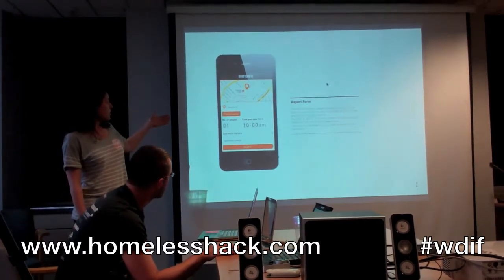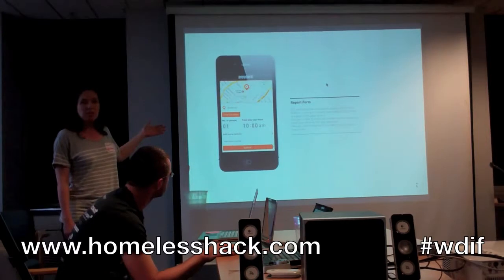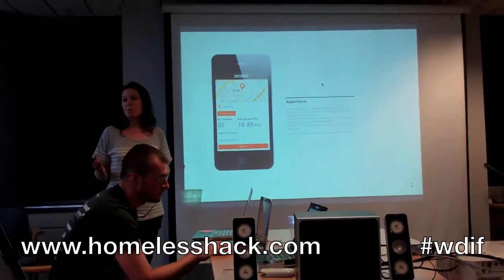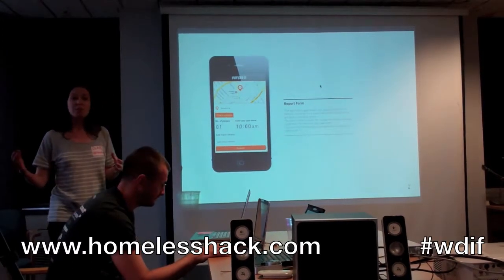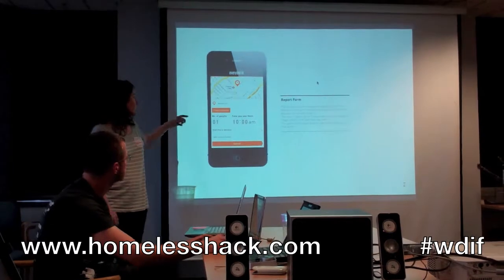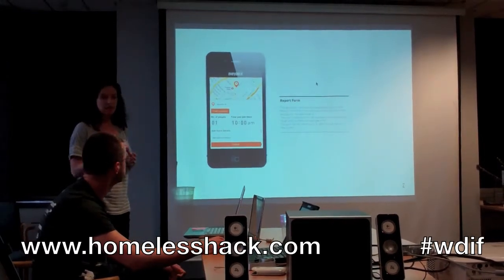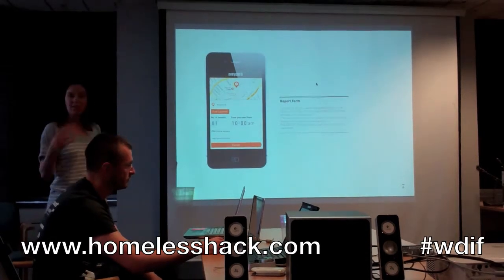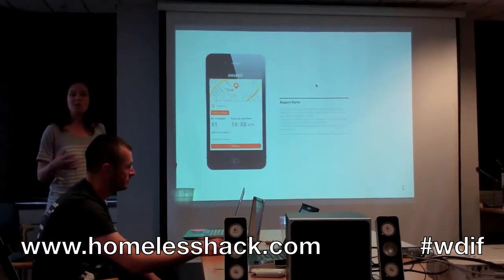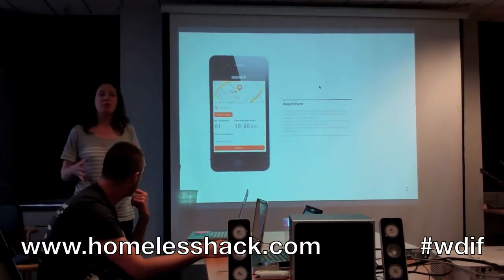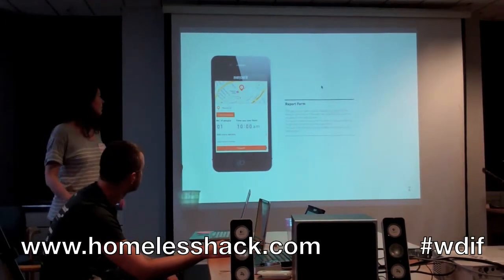So what we're doing here is basically automatically finding that person's location. However, you might have spotted somebody whilst you're on the way out, and you might be somewhere very different. So you can actually overwrite that location with where you are now and get it to automatically find you again. You can report the number of people and the time you saw them, which we know is really important for local authorities and their partners to understand where they might be able to get to that person again.